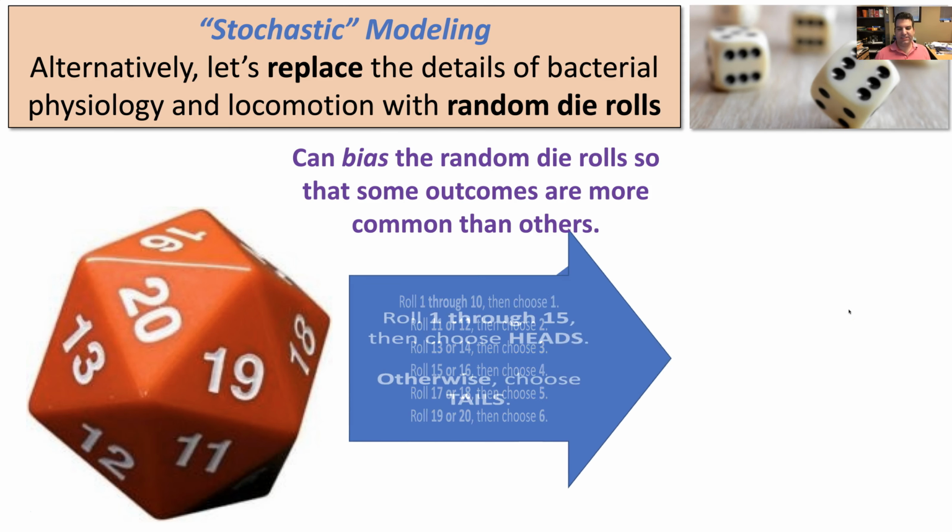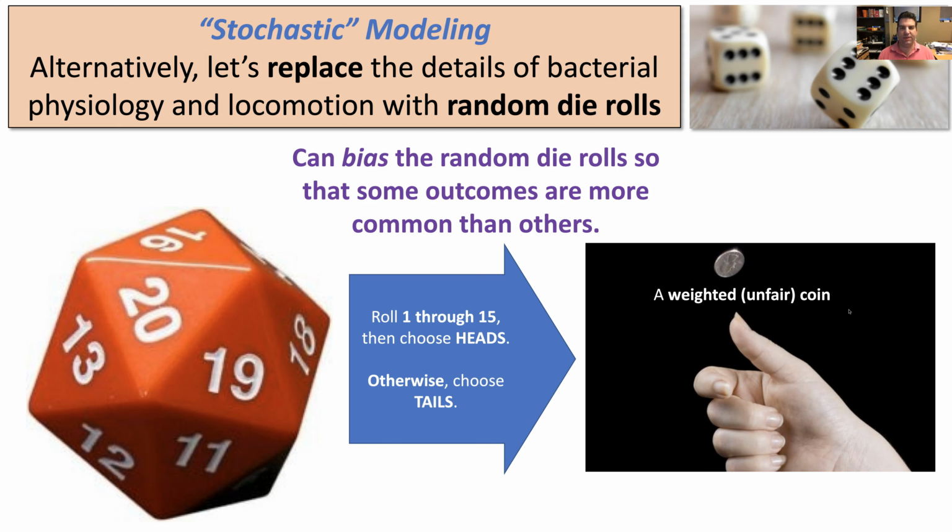And I could even make this simpler. If I just want to know two things, like we're going to see in a second, did the bacteria survive or not? Then the mapping is even simpler, where I can just say, well, if I get any number 15 or below, I'm going to assume that I flipped a heads in an unfair coin. And then if I get 16, 17, 18, 19, or 20, I get a tails. And this will give me a coin that comes up heads 15 out of 20 times, and tails only 5 out of 20 times. So that's 25% of the time it's tails, 75% of the time it's heads. Hope I did that right.